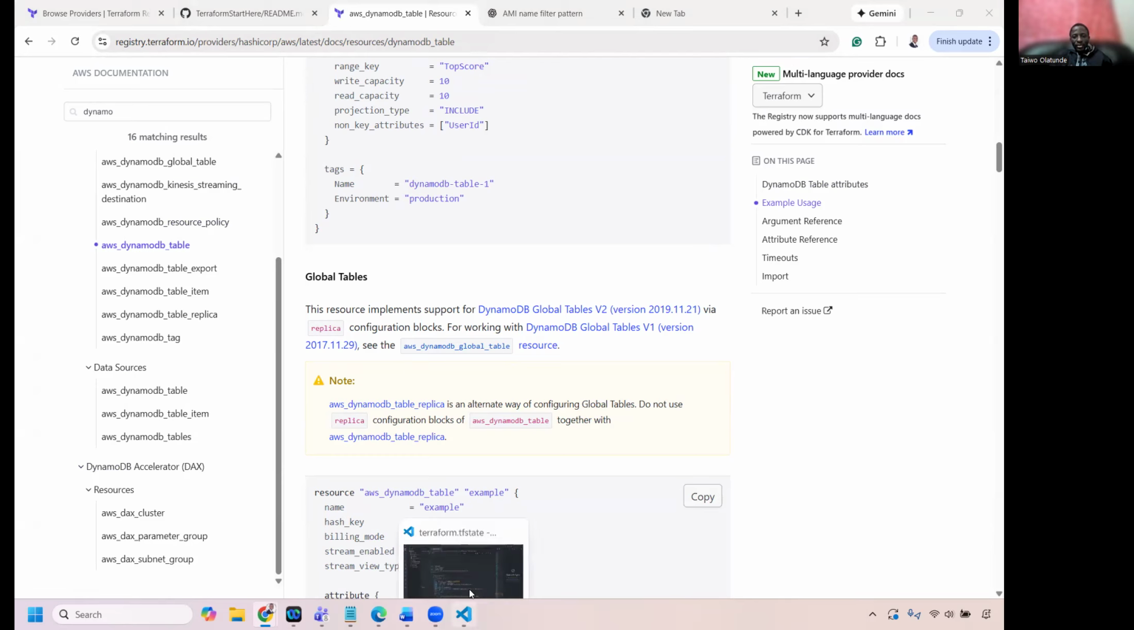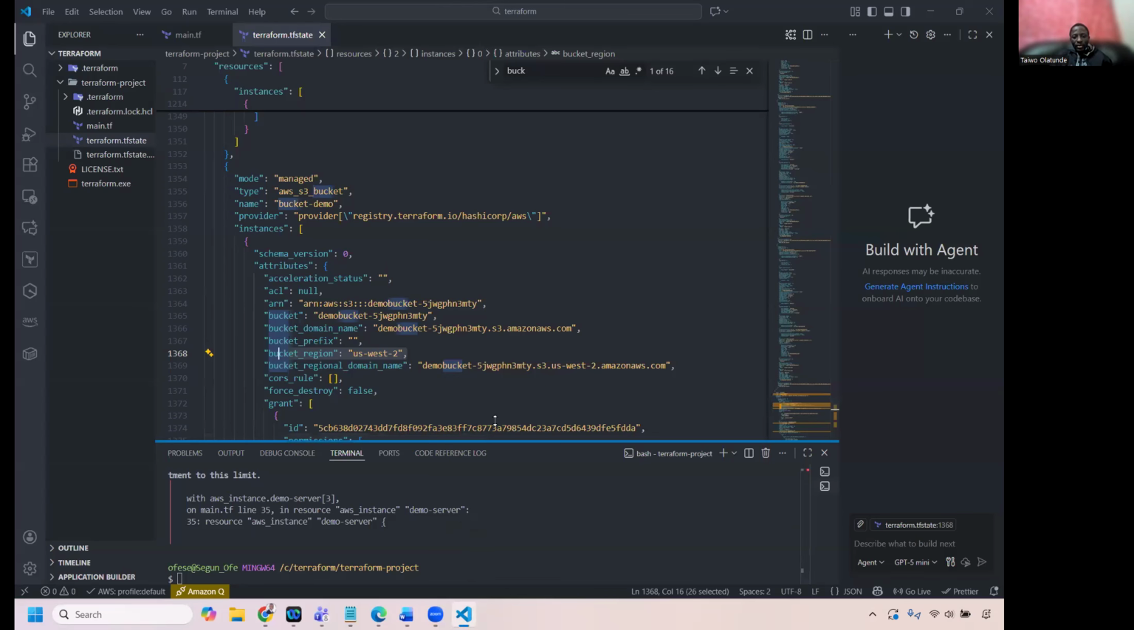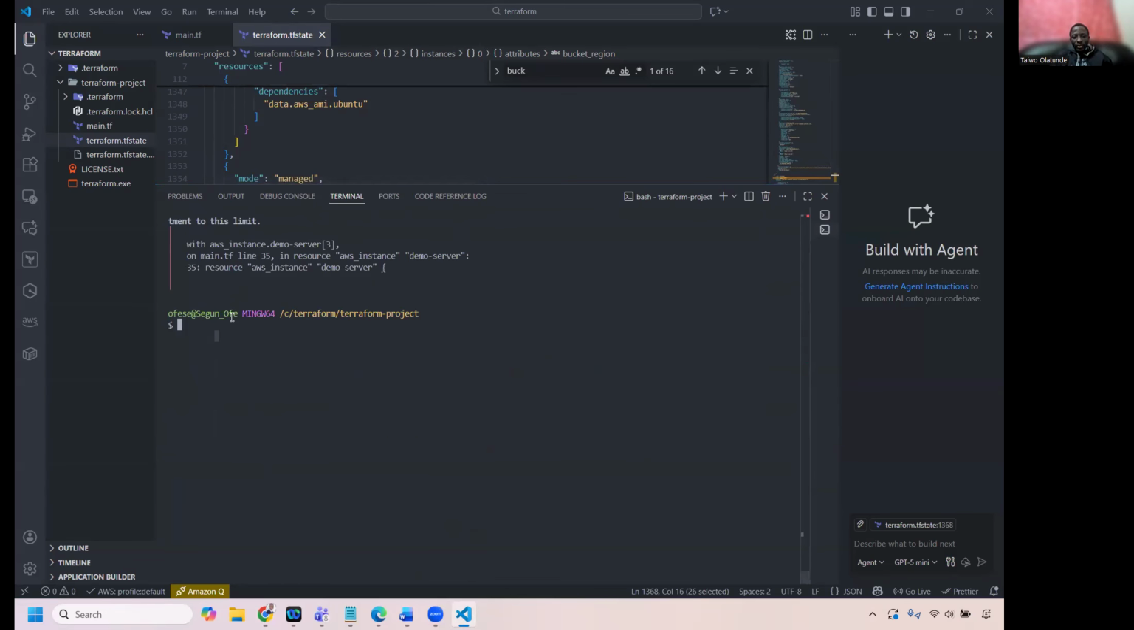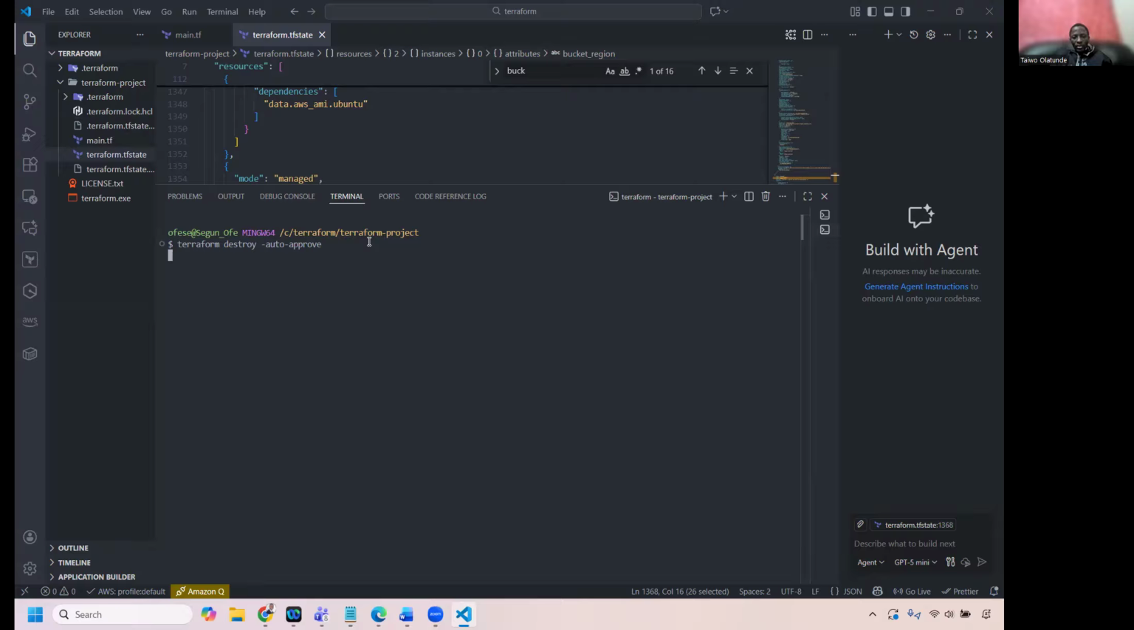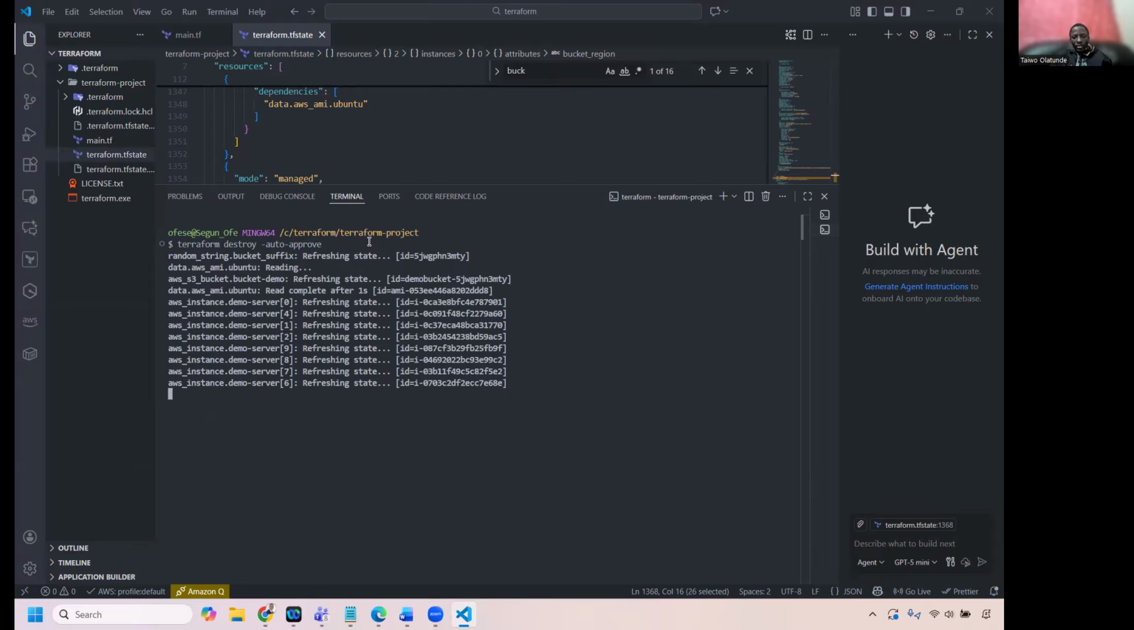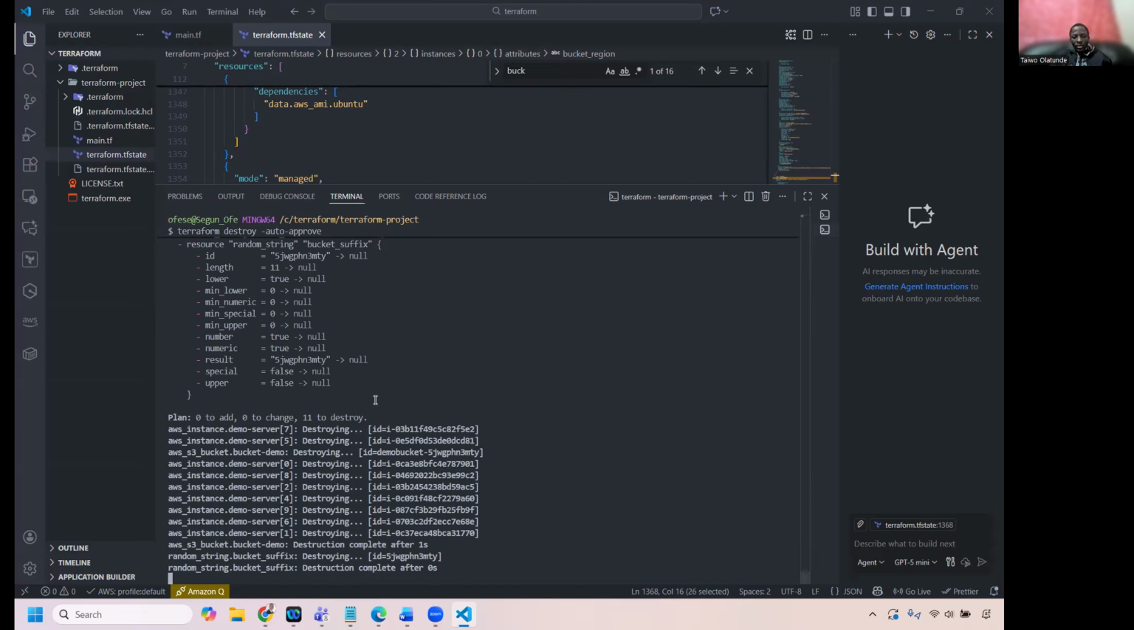So I'll just come here and clear. Yeah, Terraform destroy auto approve. So automatically, imagine that, there was one. You see that it did not ask me, do you want to destroy? It just went ahead and